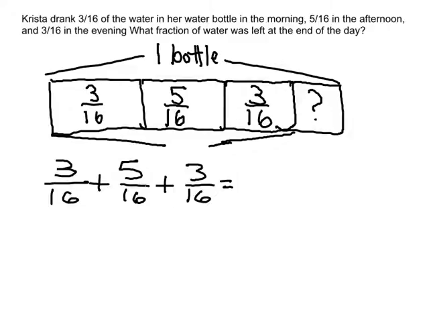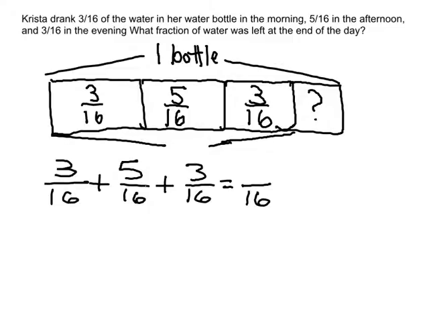And let's look at our tape diagram right here. We have 3/16 of water in the morning. We have 5/16 in the afternoon. And we have 3/16 in the evening. That's why we have 3/16 here and 3/16. What we're going to do is we're going to add these together. We have a common denominator of 16ths, so we don't have to worry about decomposing anything. So it's simply a matter of adding 3 parts with 5 parts with 3 parts and ending up with